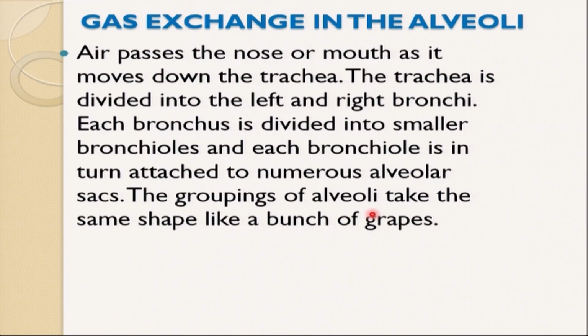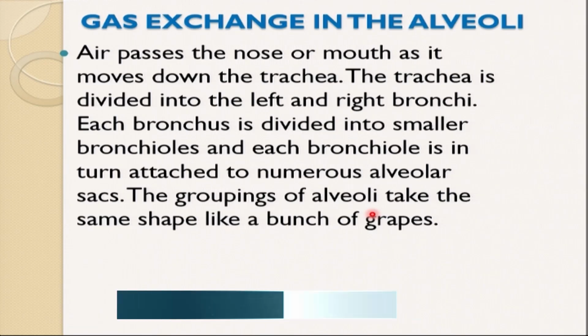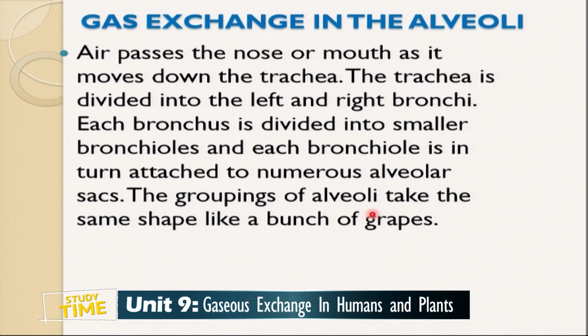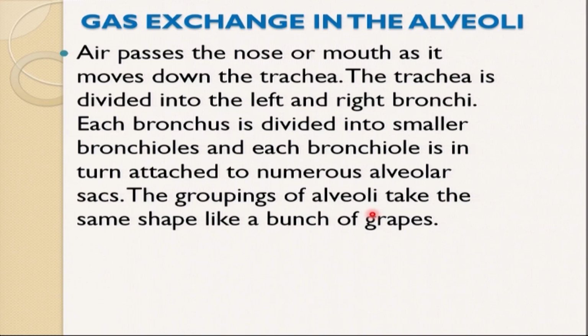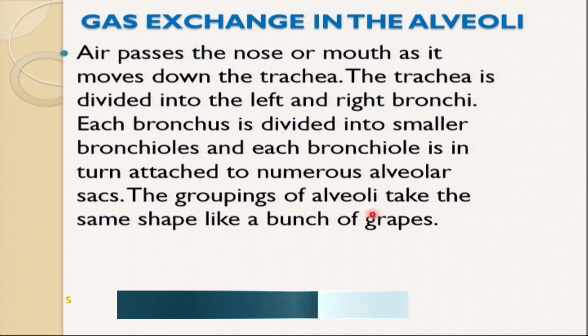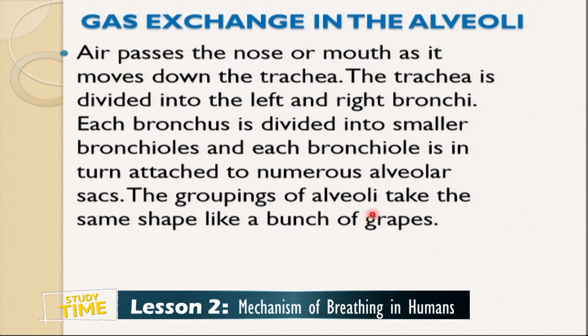Gaseous exchange in the alveolar sacs. Air passes through the nose or the mouth as it moves down the trachea. The trachea is divided into left and right bronchi. Each bronchus is divided into smaller bronchioles, and each bronchiole is in turn attached to numerous alveolar sacs. The group of alveoli takes a shape like a bunch of